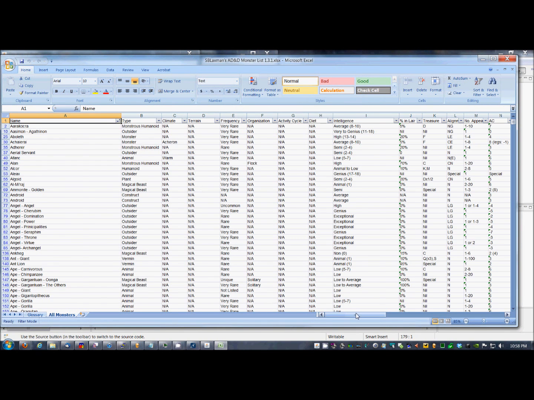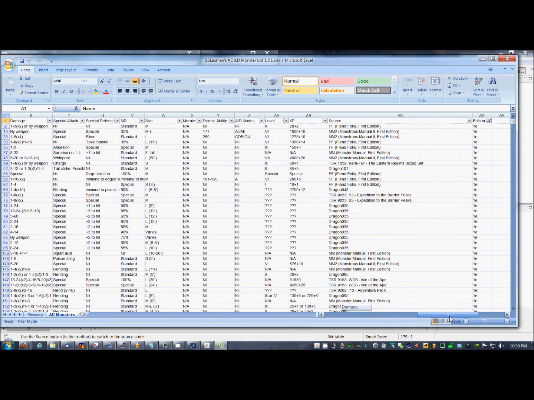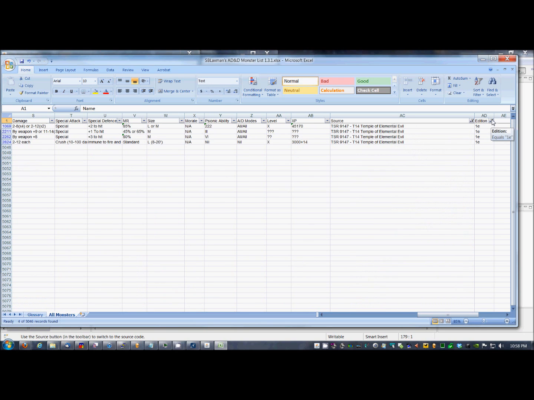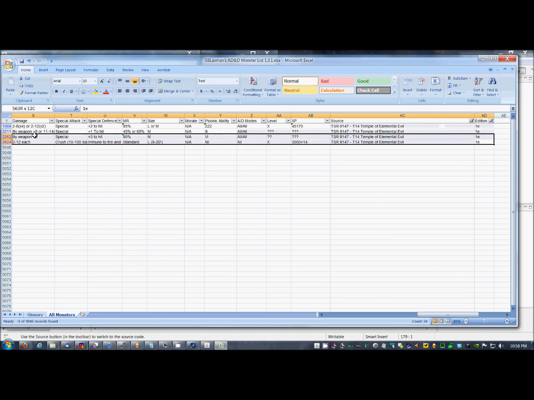it has a huge list of creatures here, and you can set the source, turn off everything, and then I'm going to go down here and I will select the Temple of Elemental Evil ones because I don't have those in yet. Add that. You could also filter by edition too. And then I just select those blocks,